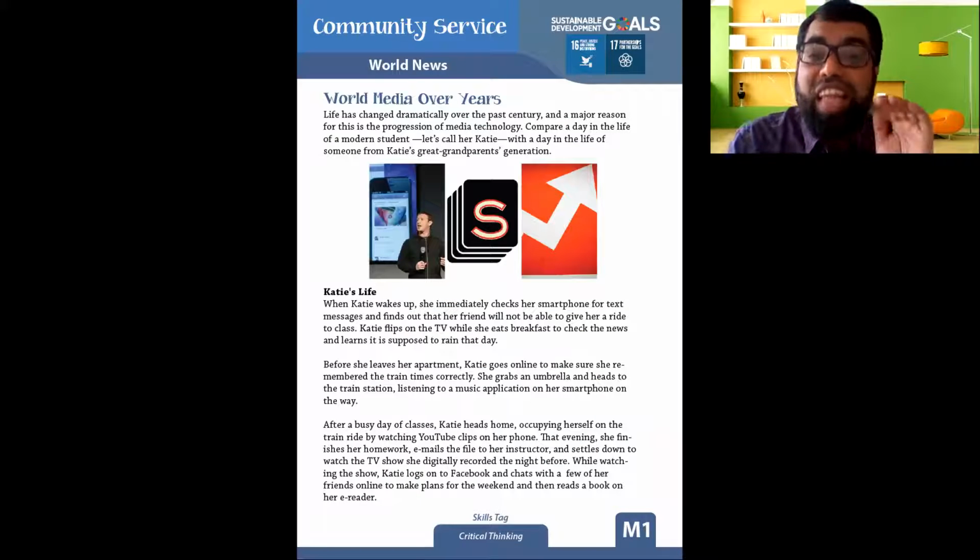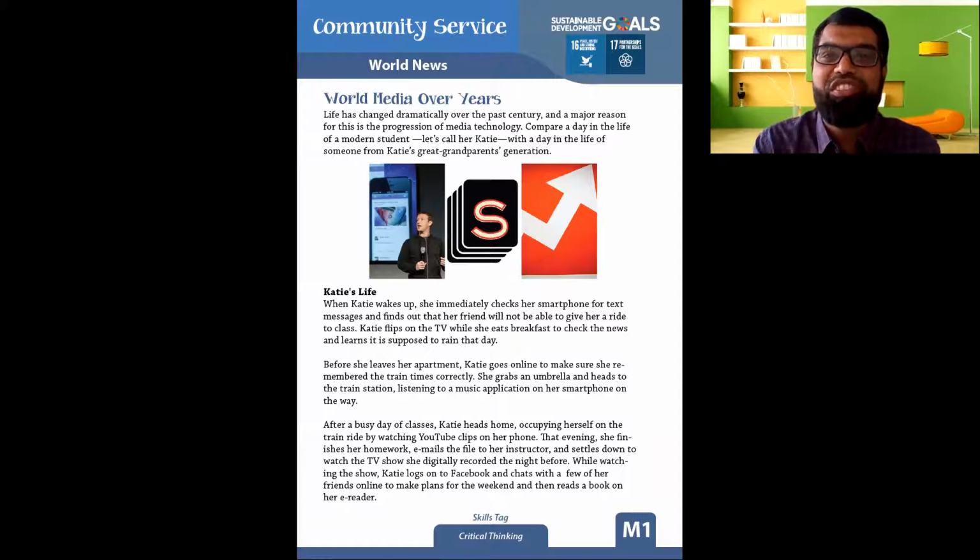Well, we've come to the last activity of Candle Orange, and it talks about community service. And the critical thinking is the tag that I associate with goal number 16 and 17. Often you'll find these two goals together. What is the role of the media over the last few years? I've come up with a very interesting case study of a lady called Kathy, and how Kathy's life has changed